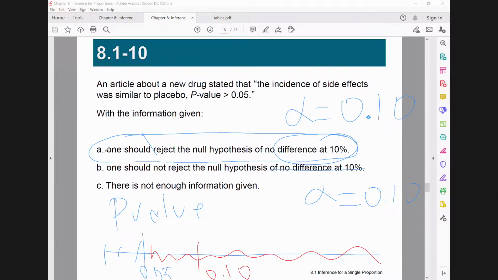That's why this one is wrong, because we can only say this when the p-value is less than alpha, less than 10%, which is not true here. The p-value greater than 0.05 could be 50% or 7%, both are possible. When it's 50%, it means we cannot reject this. When it's 7%,